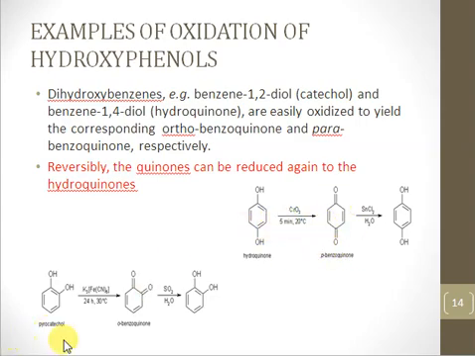Similarly, this is an ortho-hydroxyphenol and you are converting it into ortho-benzoquinone, and we are using potassium ferricyanide. Although it was mentioned that this ortho-quinone is not very stable, you can see that the formation is much